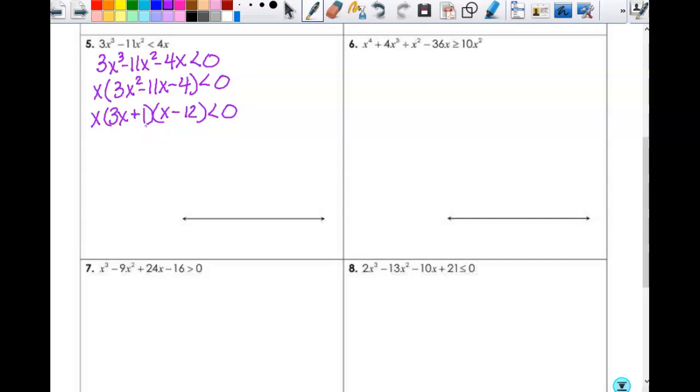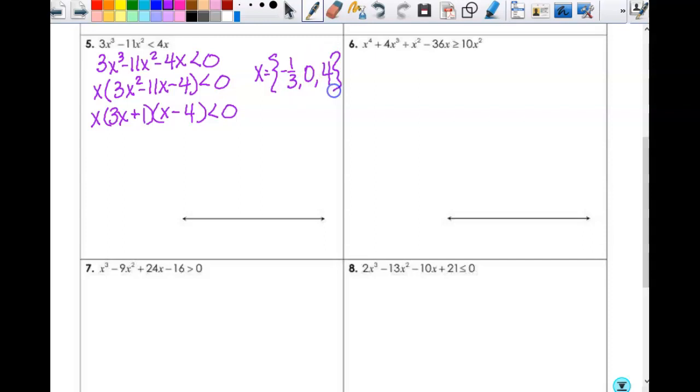Oh, not minus 12. Dang it, sorry. I wrote the wrong number. My brain and my hand don't always agree. All right, so this is what we get when we factor it. Y'all agree with that? Okay, so we get x equals, my smallest one's going to be negative 1/3, then 0,